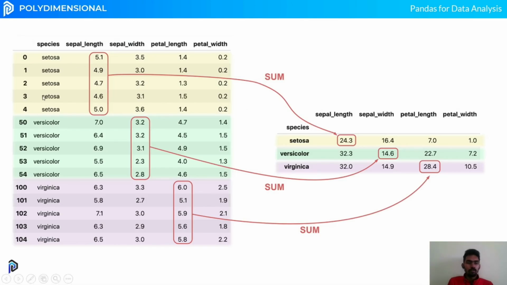So this is an example of grouping based on the species. We can see there are actually three kinds of species, so we're grouping based on it. After that, we are applying an aggregating function, sum. What it does is first it groups the values, then it applies the sum for the values in the group alone. So 24.3 is just for this set of values. Similarly, we sum all the things and we get the output. If you want just the simple length alone, you can specify that also. We'll see it in the example later. So this is about grouping.